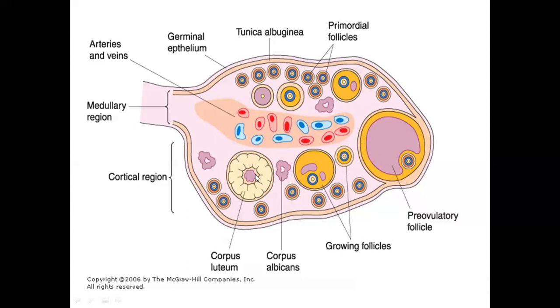Then there are primary follicles, then secondary follicles, which are growing follicles, and then the most mature follicle, which is termed the pre-ovulatory follicle, Graafian follicle, or tertiary follicle. When the follicle ruptures to release the ovum at the end of the cycle, the remaining portion of the follicle changes into another endocrine structure, the corpus luteum, which produces different hormones.